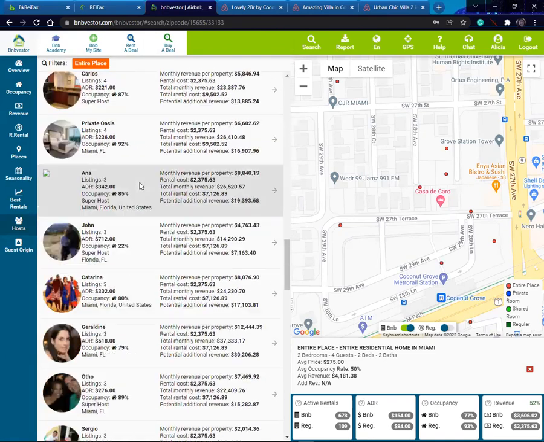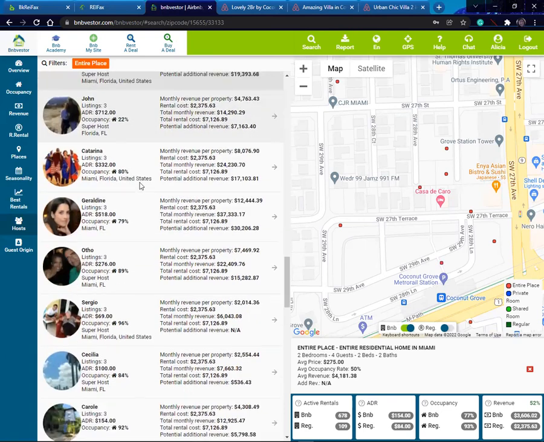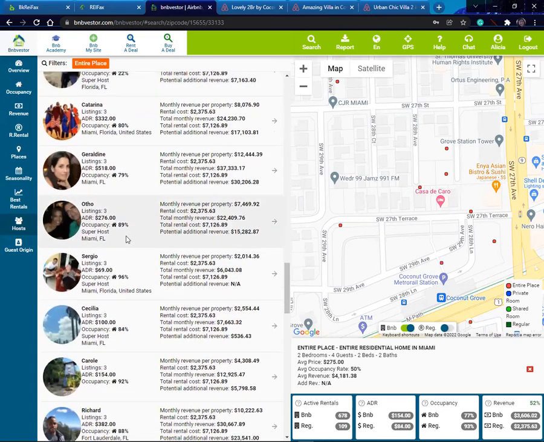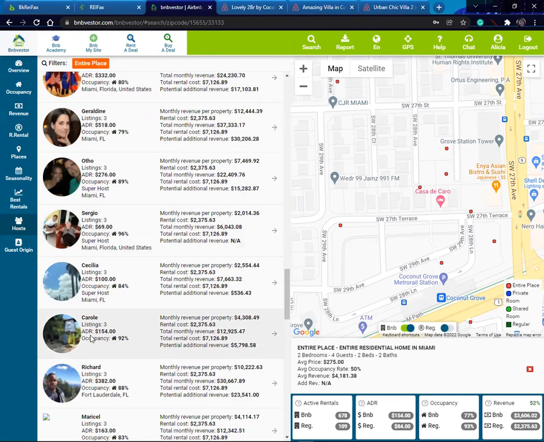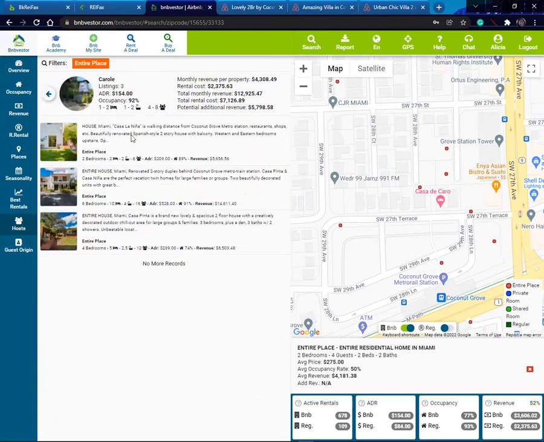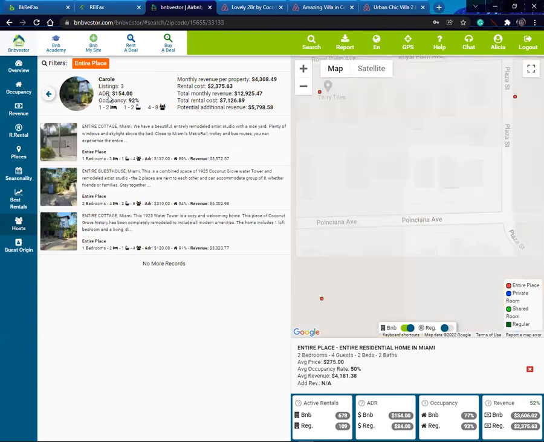Okay, let's look at Carol. She also has 3 listings. Carol has 3 listings with an average daily rate of 154 and an occupancy rate of 92. Actually, she's very good at having it occupied most of the time. So she will have a very good